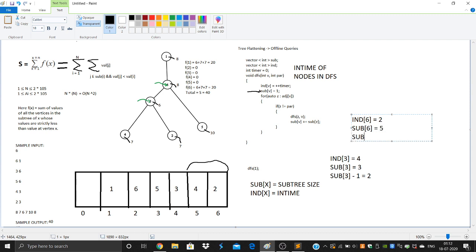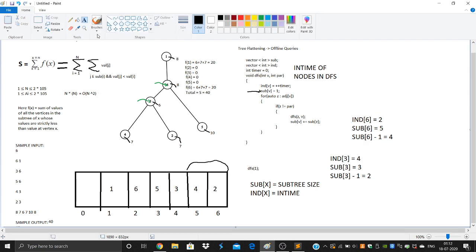Now what is SUB of 6 minus 1? That is 4. But what's so special about 4? If you observe the next 4 elements after 6, 2, 4, 3, 5, these are in the subtree of 6, the next 4 elements.